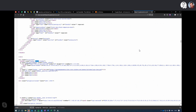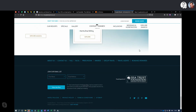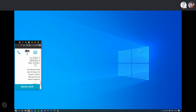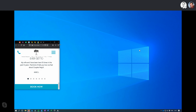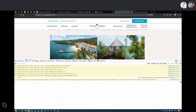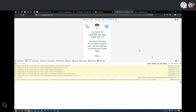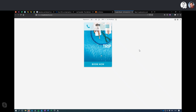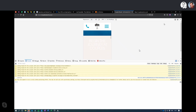Now, obviously there's a lot of JavaScript down here, but if I just quickly look from page 570, we've got header, mobile header. Now, the website should be responsive. So if we go to, there we go. Yeah, I saw this. The website should be responsive, and it is. That works fine. So why then is there